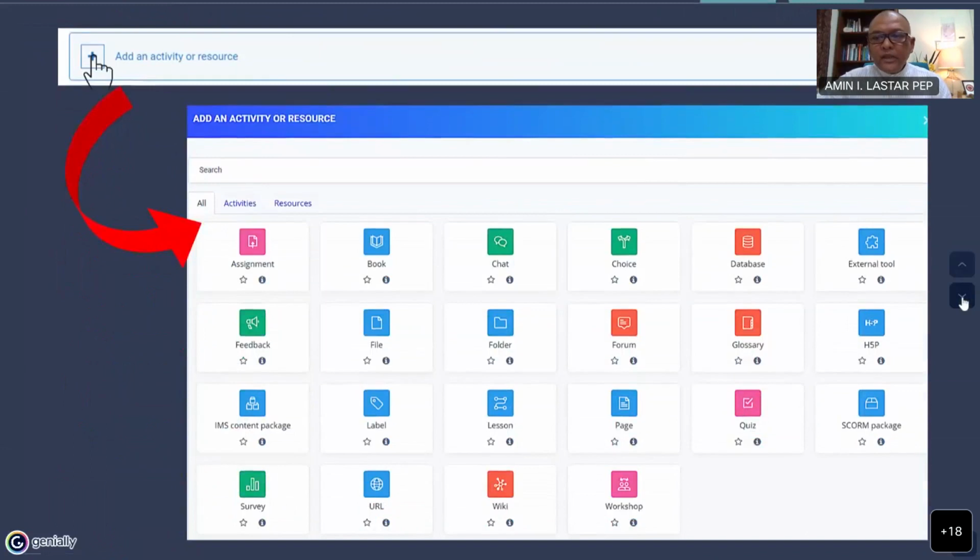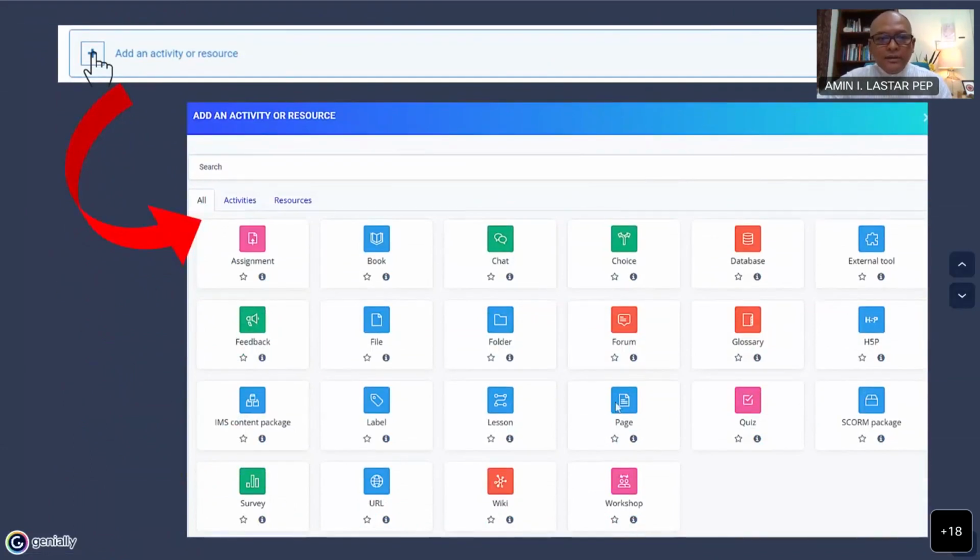Right. So these are the resources or the activities that you can find in the ITEL. What makes this interesting is that this particular platform has come up with interesting icons, based on color coding. You can see here that there are blue, green, orange, and pink. These are actually the indications of the activities that you can choose from.